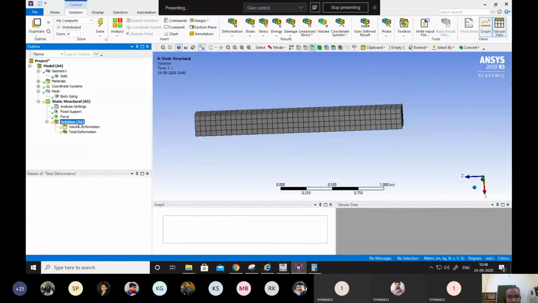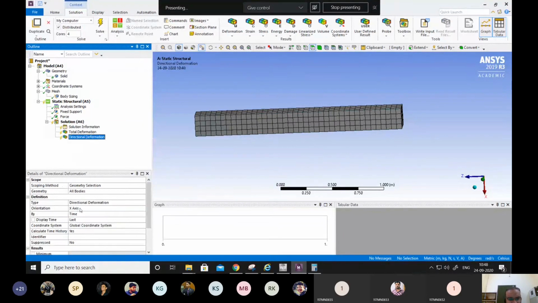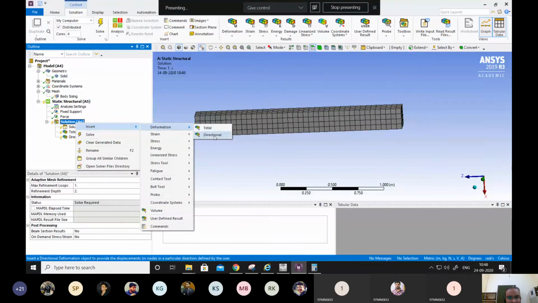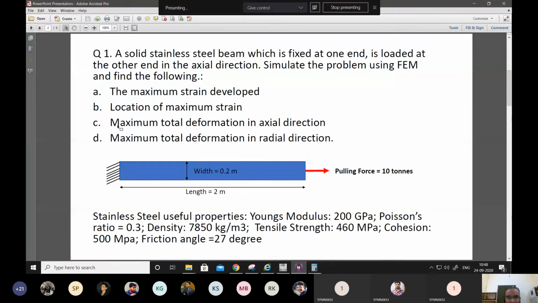We will insert directional deformation. The directional deformation can be in the x-axis, and we can enter another directional deformation that will give us the values in the y-axis, right? And what else do we want in our question? Maximum strain and location of maximum strain. We'll do that as well.